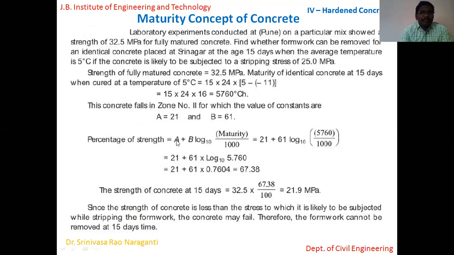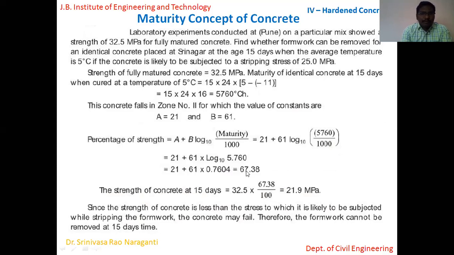Then the percent of strength is this. What is the equation? Substitute the A value and B value. Maturity is 5760 by 1000. So we get 67.38. That means the concrete is likely to achieve a percentage of 67.38% as compared to the